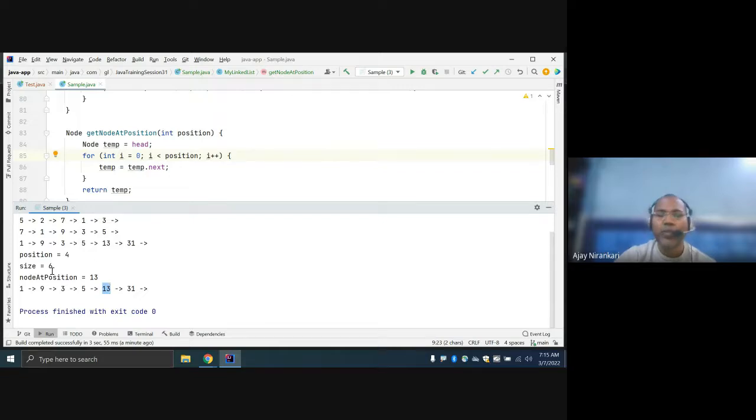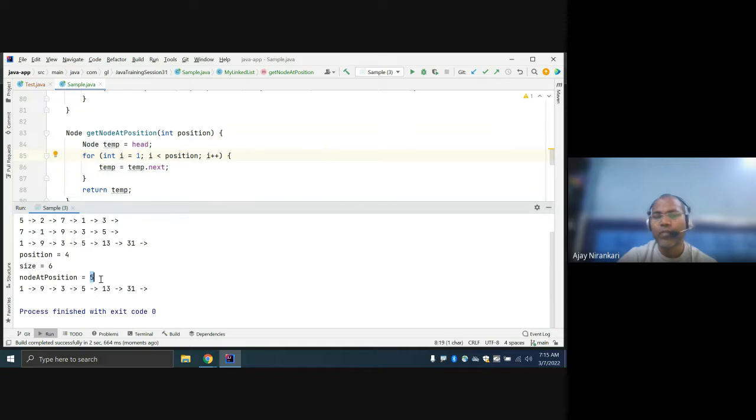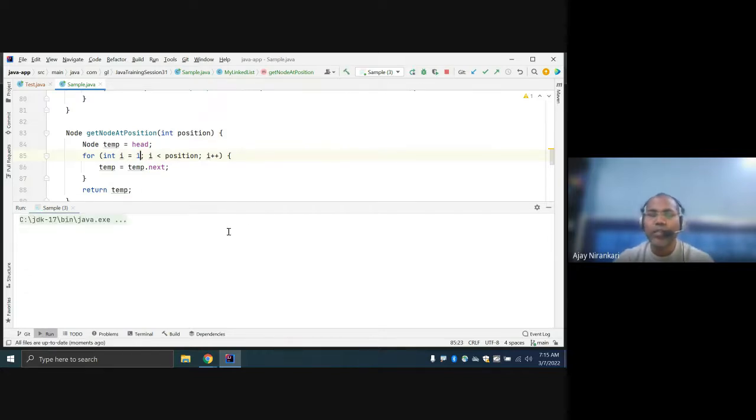If someone says, no, no, I want to count 1, 2, 3, 4, this should be removed, then you also start from 1, and you can get the exact position you want. Now you're getting 5. So that's the way you are counting. Generally, whenever we are doing programming, counting always starts with 0, so we start with 0, right? It is not an issue. But the logic is clear.